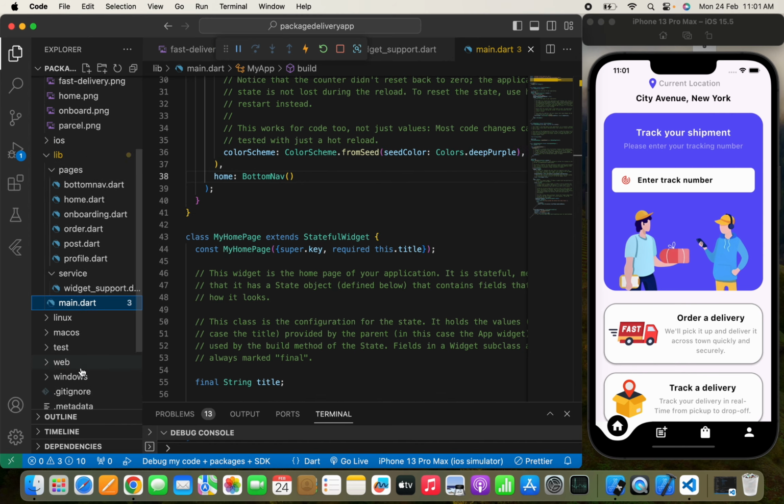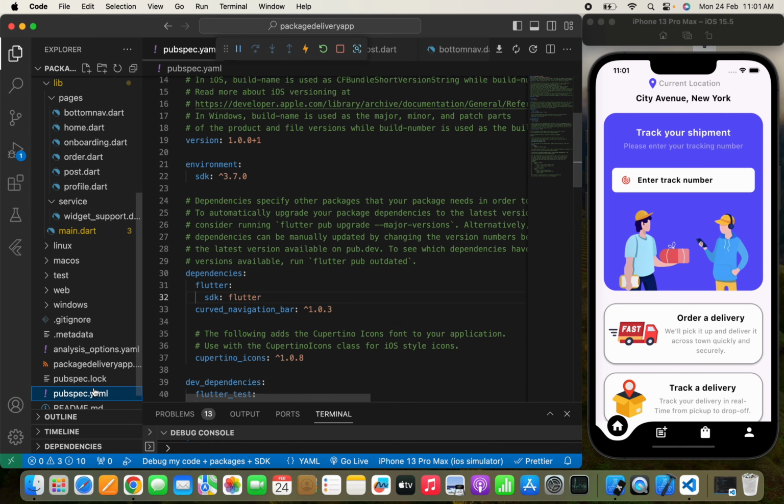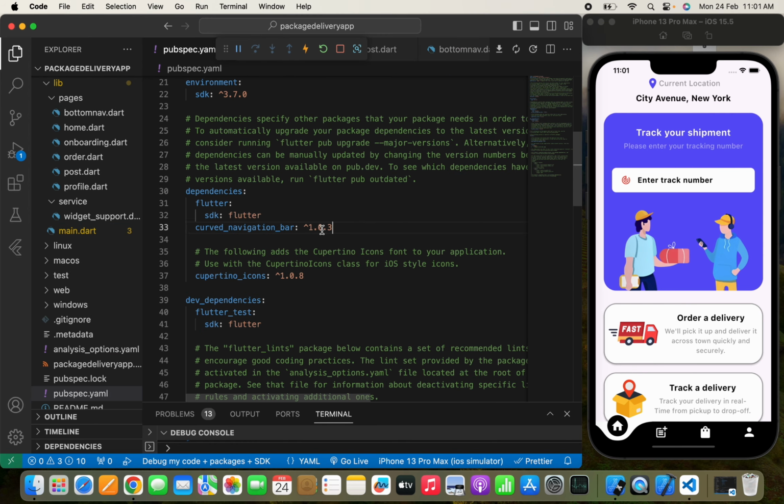Yeah, so here we'll move to the pubspec.yaml file, and in the pubspec.yaml file you can see that this is the package that we have added. So you need to get this package from the pub.dev website. You can move to pub.dev, search curved navigation bar, and add this package in the dependencies section. Now once you have done this, simply create a new file in the pages folder,